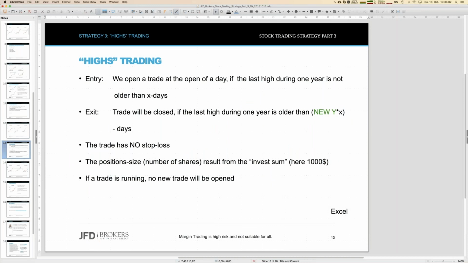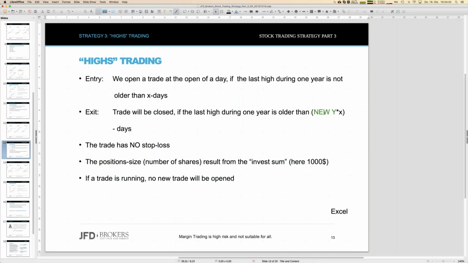The slide here is quite funny because it's just a copy of the one we discussed already. And you see the only thing which is new is exactly what I put in here in green. So the idea has been, okay, why exactly go for that factor of 2 between entry trigger, days since high, and exit? We might go for other multipliers as well. Why not? So we can try it.